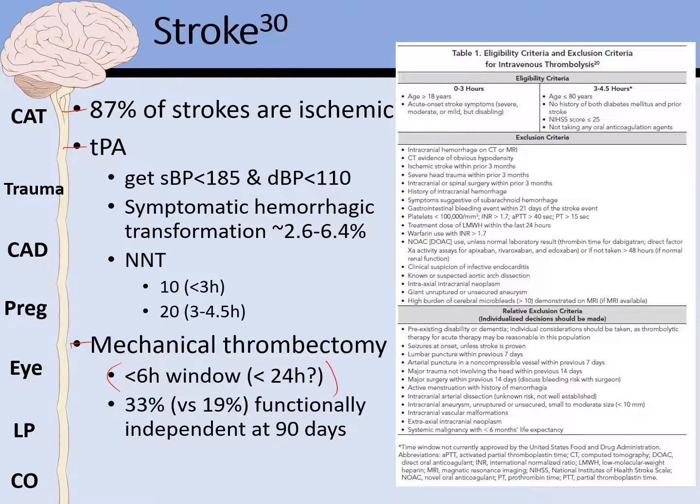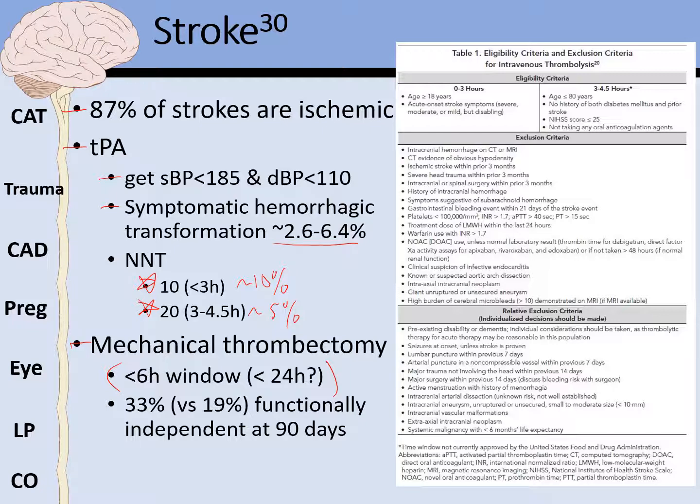Blood pressure needs to be below 185/110 before giving TPA. Symptomatic hemorrhage from TPA occurs about 3 to 6% of the time, and if given within 3 hours has a number needed to treat of 10, and if between 3 and 4.5 hours, a number needed to treat of 20, which would correlate to about 10 to 5% chance, respectively, which is slightly better than the rate of symptomatic hemorrhage